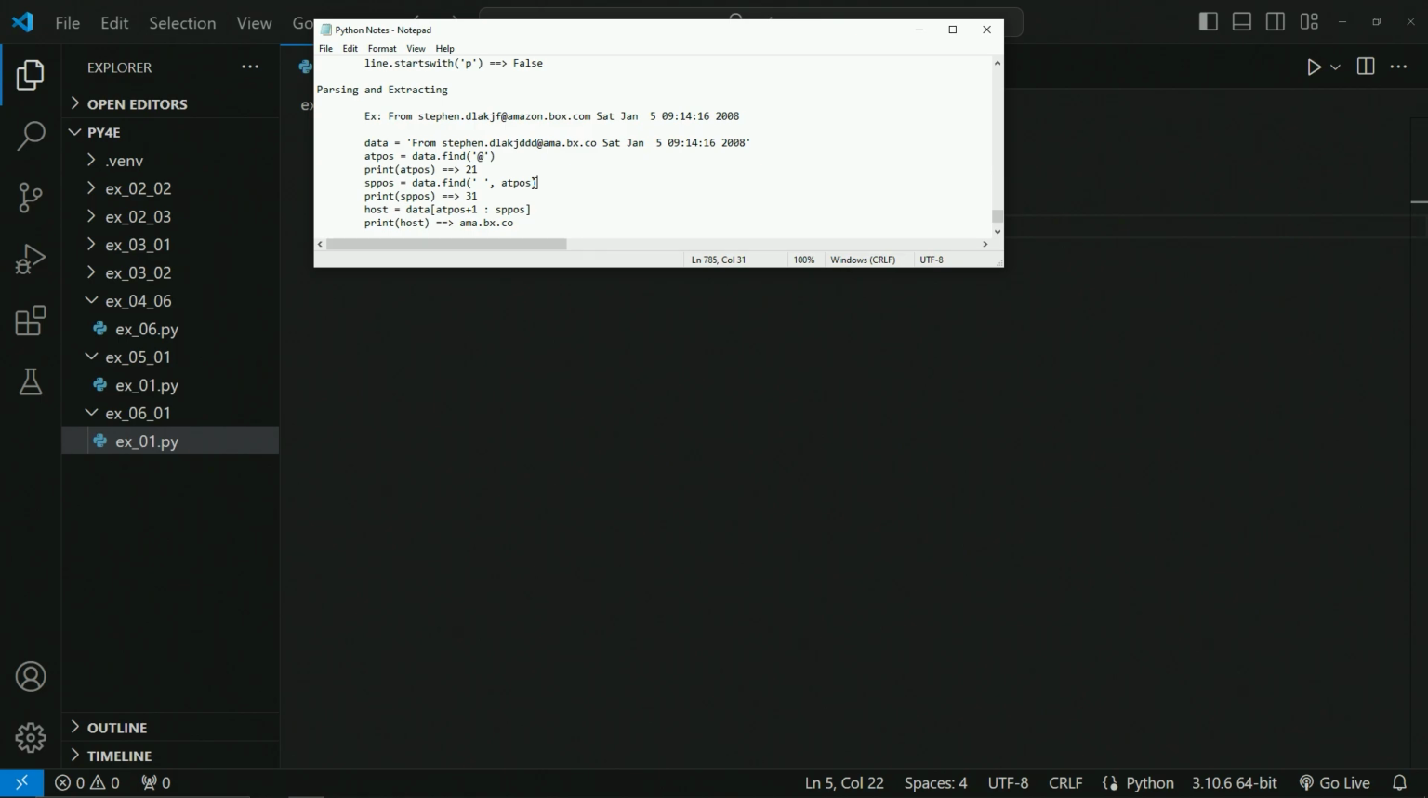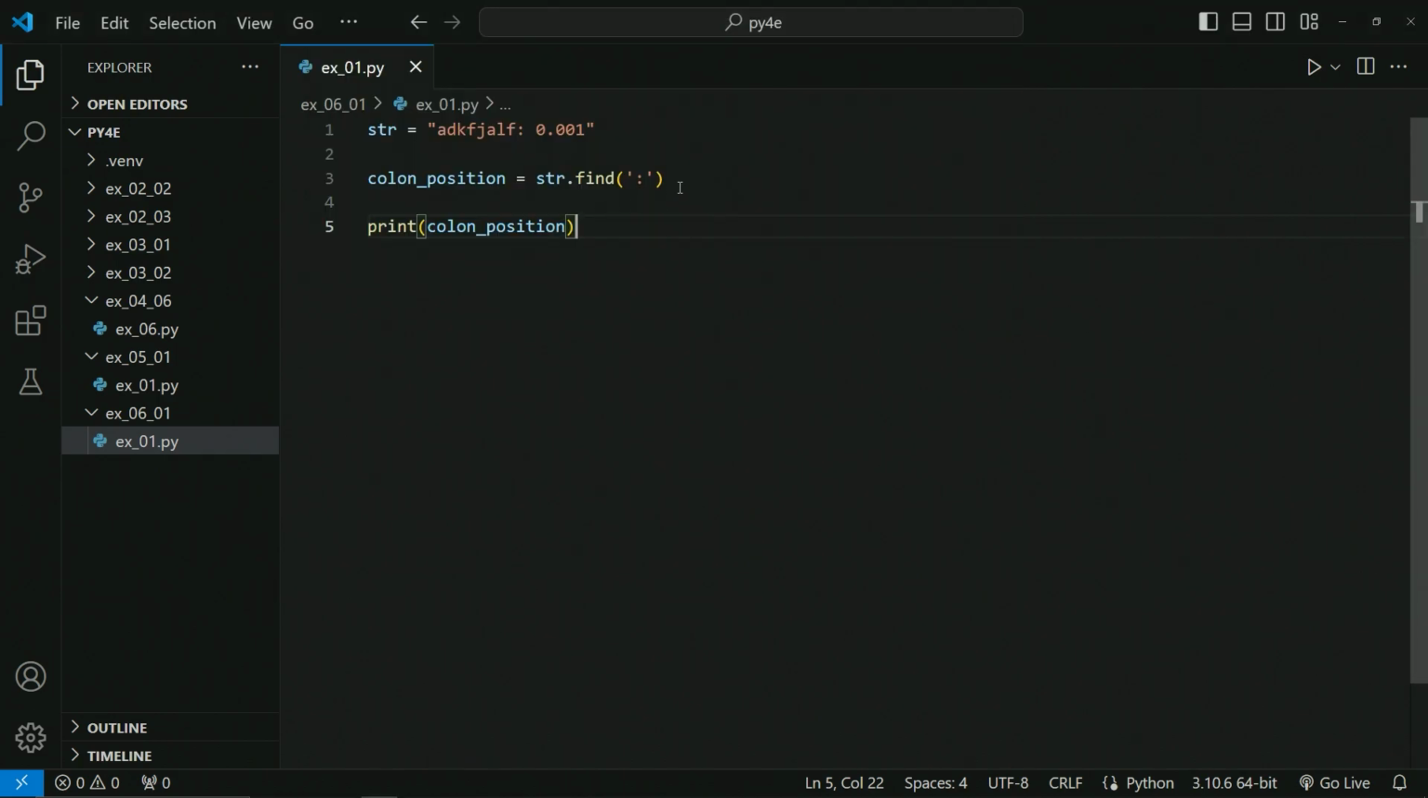Maybe that's what we want to do. I don't really want to do it like that though. I'd rather do it like this. Let's do it like this because we know we want everything after the colon. So what we want to do is we'll come down here and say,